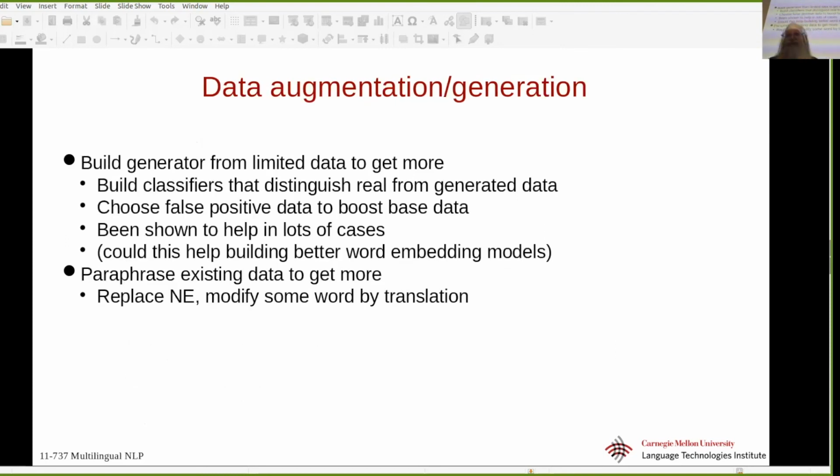Data augmentation generation: building a generator from limited data. This is something we'd like to be able to do. We have some data, can we generate some more? Most of the things that we do in NLP now are very word oriented, so they really benefit from having much more surface level word data rather than, say, parse trees, which would be even harder to actually get. And so if we could generate data, maybe by mixing and matching, the same thing that Graham was talking about